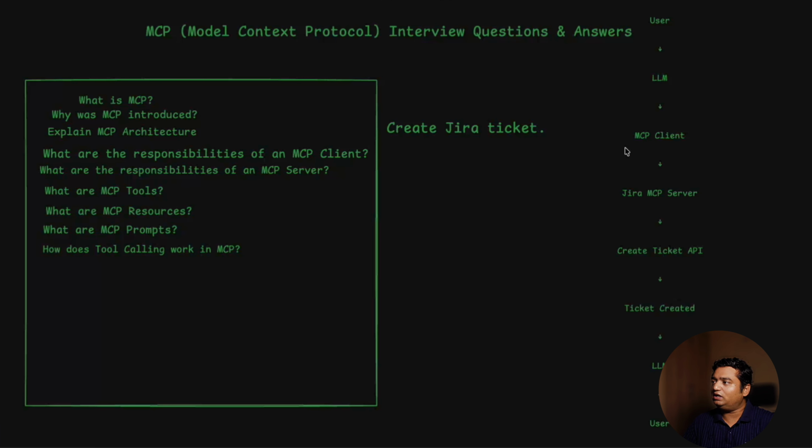Now your LLM is not doing anything. It has fired the question to the MCP server. The MCP server is creating the ticket. It has given the instruction to Jira, and it's creating the ticket with the help of the ticket API. When the ticket is created, the answer is given back to the LLM, and the LLM forms the answer, saying that this particular ticket number has been created, and it is given to the user.